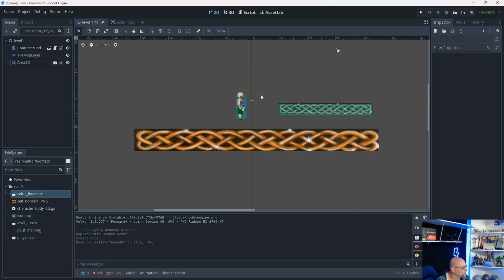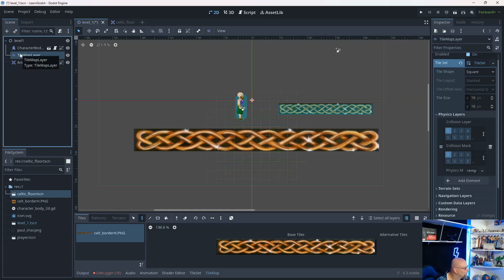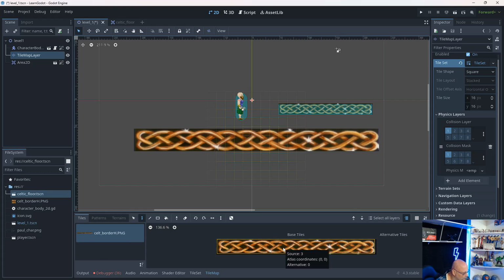Now in the tile map, if I go to the tile map, I have this image set up here, and I've set a physics layer. I've come into the tile set, and if I click on that and open it up, I can come down here to physics layers. I have one, but I could add an extra physics layer to interact with other things. Basically, you have to add a physics layer to your tile set in order for it to be solid for your player to land on. So now when I hit play,